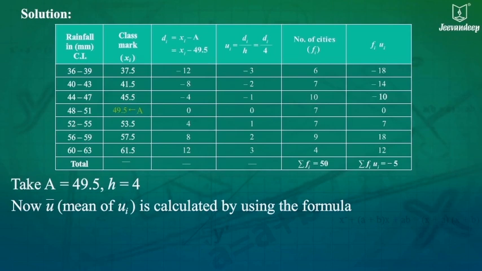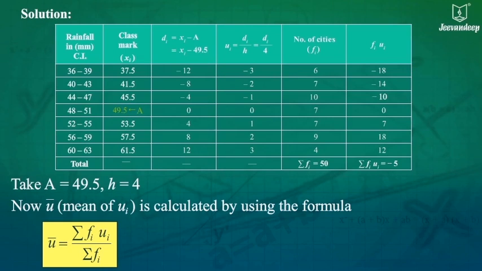Now, the mean of uis is calculated by using the formula u bar equals sigma fiui upon sigma fi. Putting the values in the formula, we get